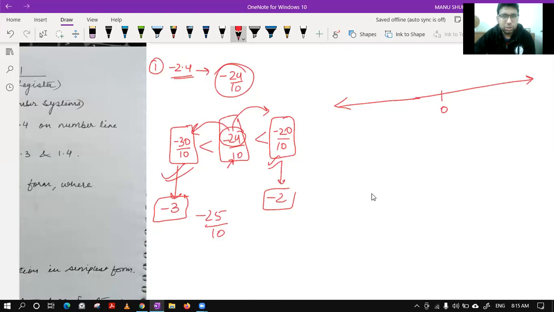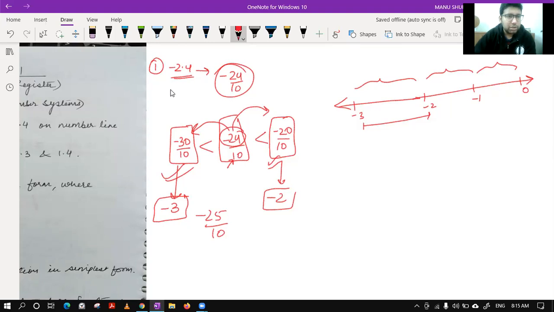This is your 0. Okay, not, it will not work because we have to make minus 2 and 3. So we have to make in such a way that we can accommodate our things. So let's, 0 is over here. This is your minus 1. This is your minus 2. And this is your minus 3. Make sure the distance between these integers is same. It should not be different.